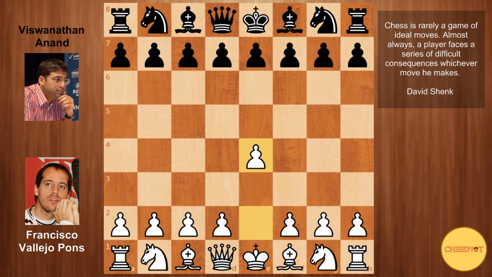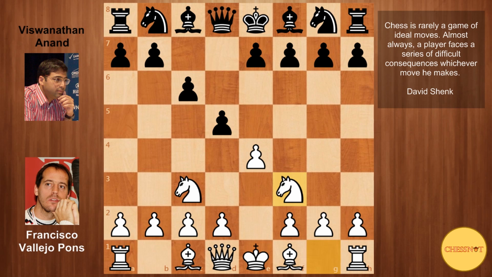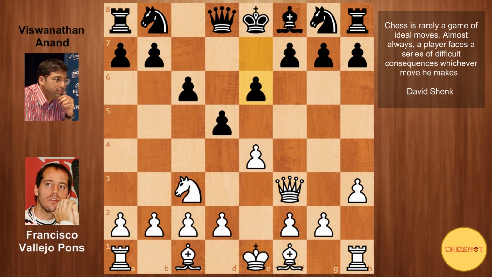So Paco opens the game with e4. Anand plays c6, the Caro-Kann defense. Paco decides not to go for the main line d4, he instead plays knight to c3. Anand pushes d5, knight to f3, bishop g4, h3. Anand resolves the tension, bishop takes f3, queen takes f3, e6, so white could try to gain more space with